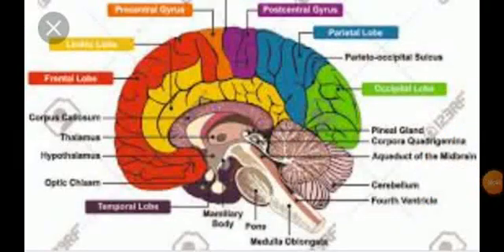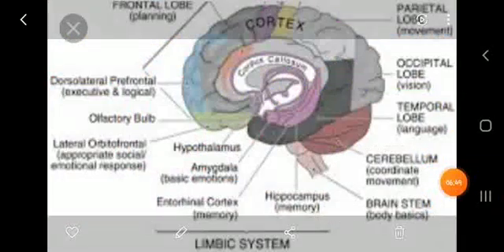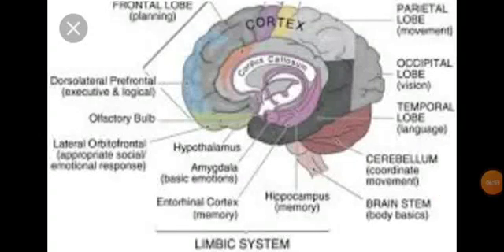So here you can see the medulla body. Here this is the image of the brain. So here you can see the hypothalamus. Here cerebellum, and you can see here the cortex,